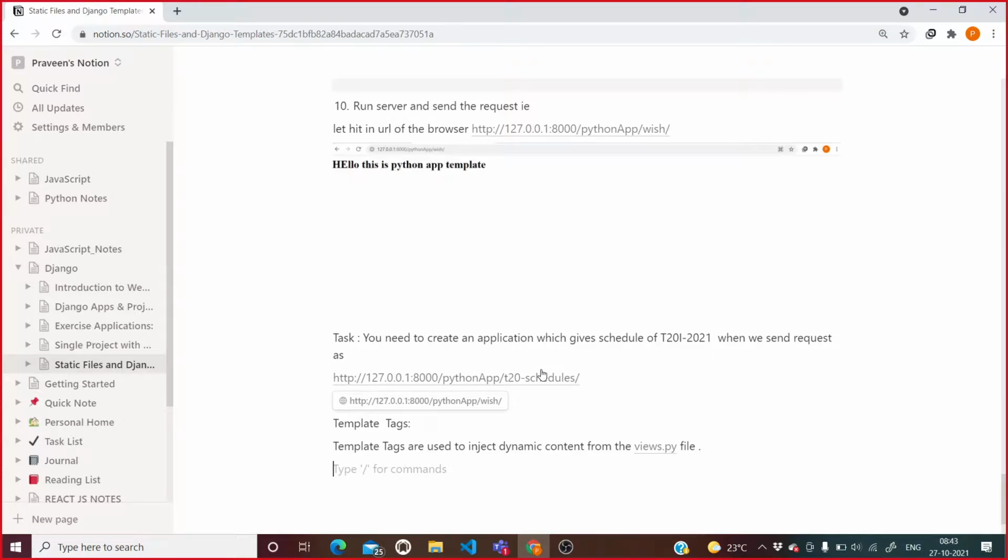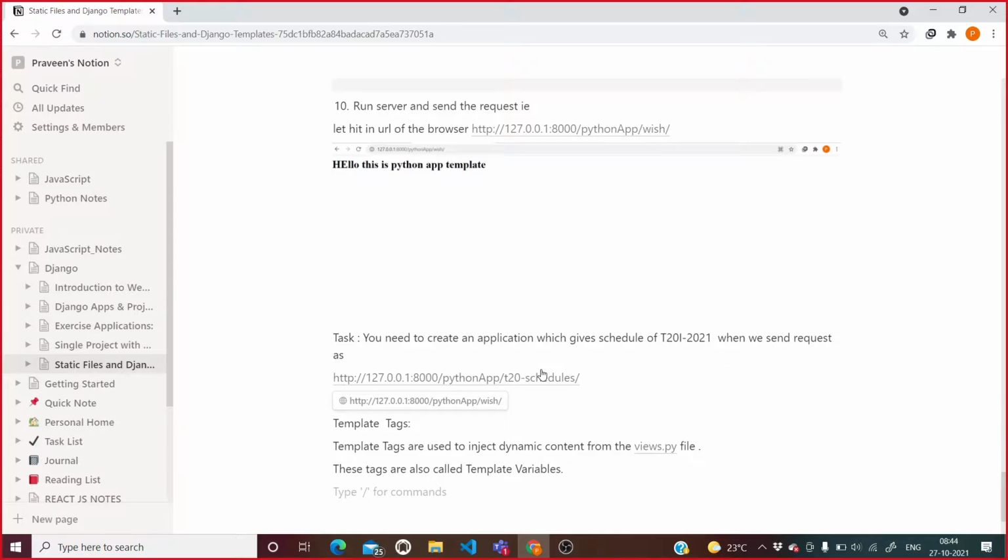These are also called template variables. Now see, we need to take special care about template tag syntax.